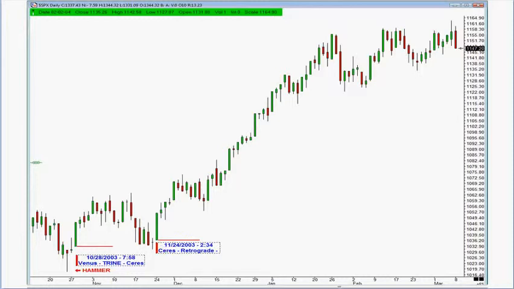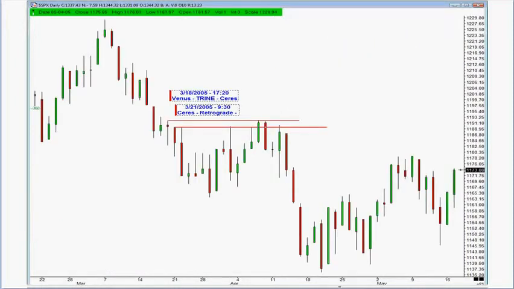Here we've got the double whammy, if you will: Venus trine Ceres, and Ceres going retrograde, much like what we have occurring now. This was the 18th to the 21st. We're going from the 26th through August 1st, so a similar type period. And as you can see here, what these have proven to be is swing points,